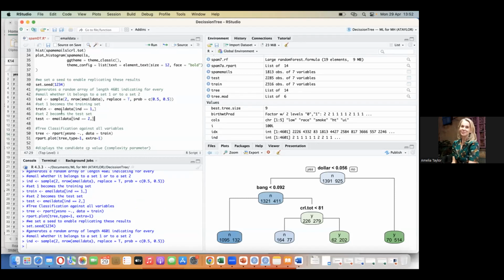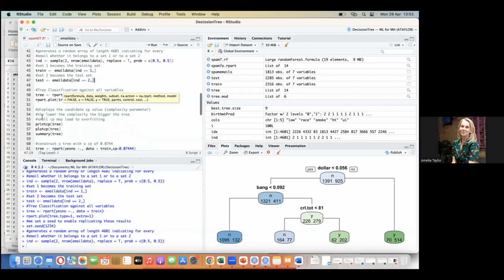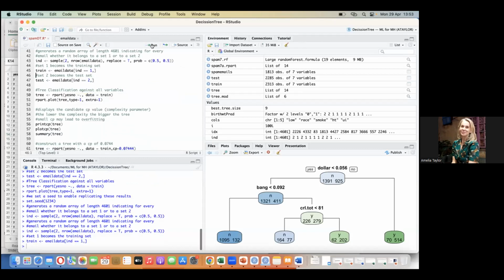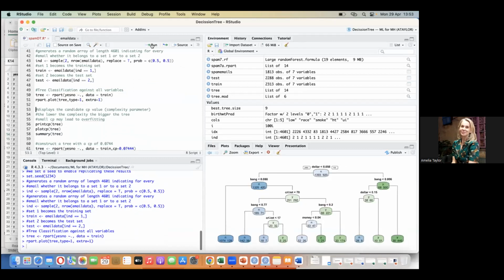Okay, and so once you have the tree, let me just run this again. You can see I've changed the sample now, and I have a different tree. The tree is bigger, right, than I had before, and it uses more features. In order to look at the accuracy of this tree, or how good this tree is,